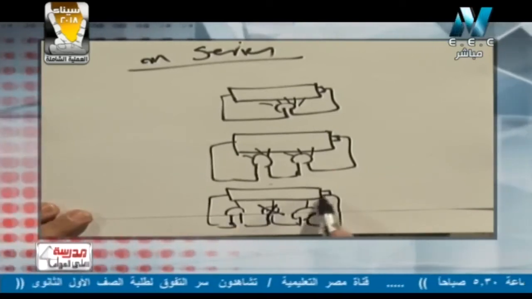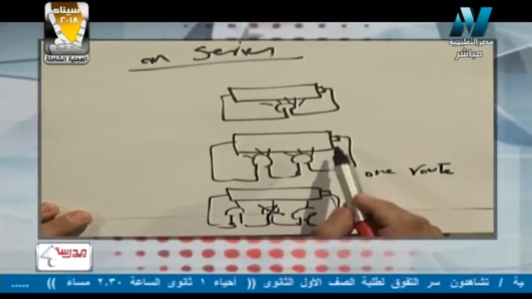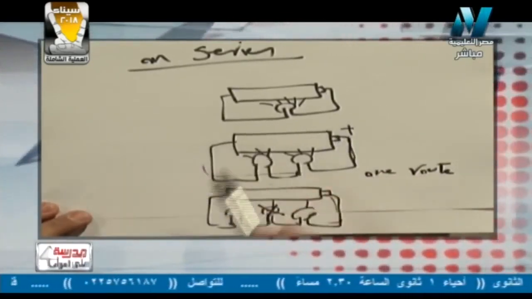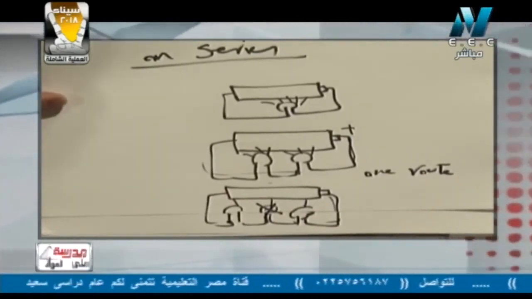ليه؟ لأن هنا عندي one route، only one route، طريق واحد بس للكهرباء، الكهرباء ماشية from this point or from the positive pole to the negative pole. يبقى توصيل سيريز توصيل مش كويس قوي لأنه في مشكلتين. المشكلة الأولانية إن if I increase the number of the lamps it will decrease the intensity of light، ده هيقلل